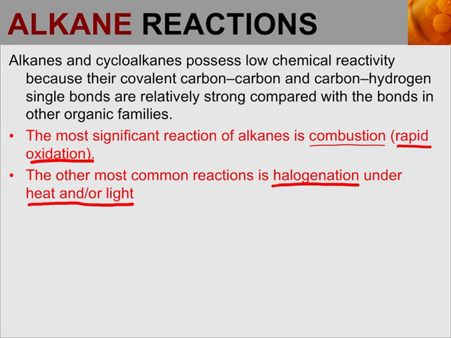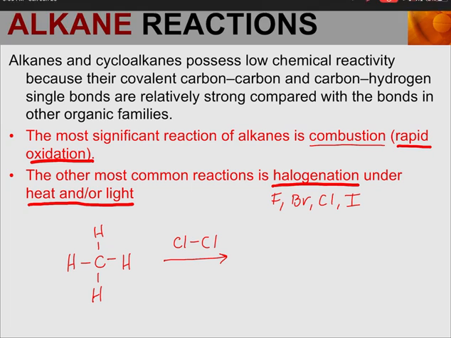So with halogenation, let's say we have methane again. It's kind of the easiest example. What we're going to do is add a halogen to it. Or rather, we're going to replace one of the hydrogen atoms with a halogen. So what we're going to do is use something like bromine or chlorine, for instance. Let's just use chlorine. So that's a halogen. Remember, the halogens are fluorine, bromine, chlorine, iodine. I might have put them out of order there, but